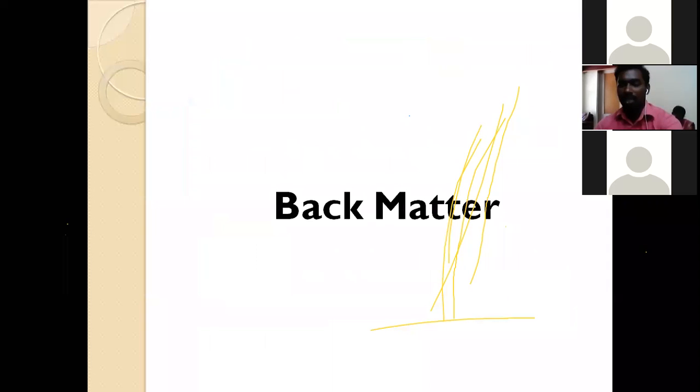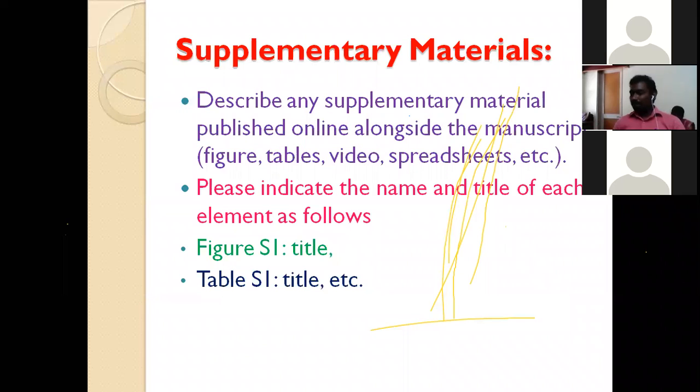We will be seeing about the back matter. So when we talk about the back matter,